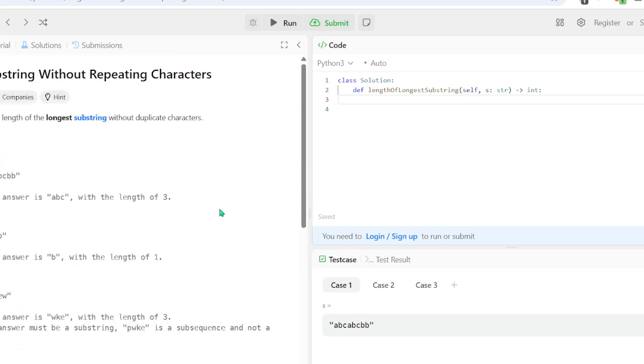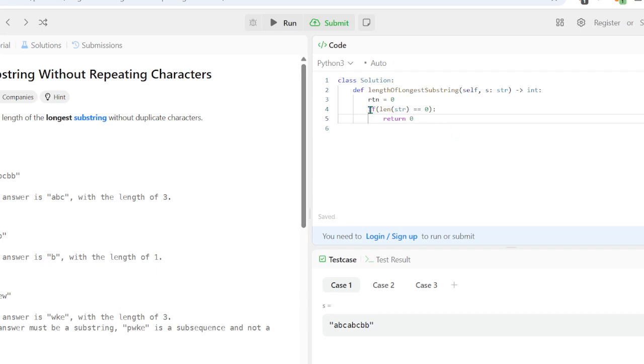So I think we should create a variable to contain our return value. Let's just call it rtn, and we'll set it to 0. Now I can check if the length of the string is equal to 0, then return 0.